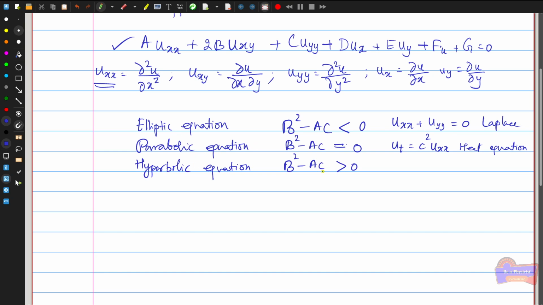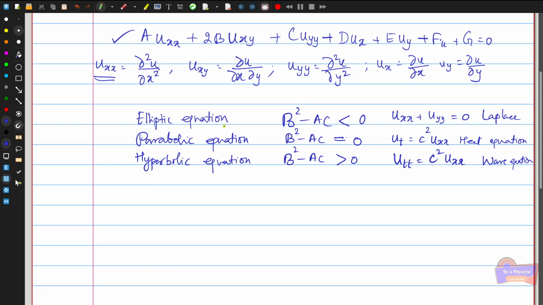And for the hyperbolic equation, I can write the wave equation u double t equal to c squared into u xx. This is the wave equation. So the spreading of waves is described by this equation, which comes under the category of the hyperbolic equation. If you want to quickly check how each equation comes under its category, suppose you